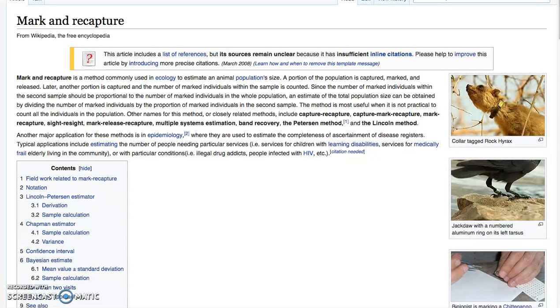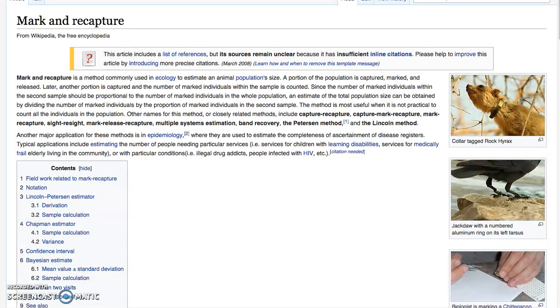So by setting out a trap, we collect a sample, put a mark on them. In the case of minnows, we might put a dot of paint on their tail. Then we release them into the wild population. So how does that help us measure the population? Well, we have to come back after the marked critters have mixed in with the wild population and then take